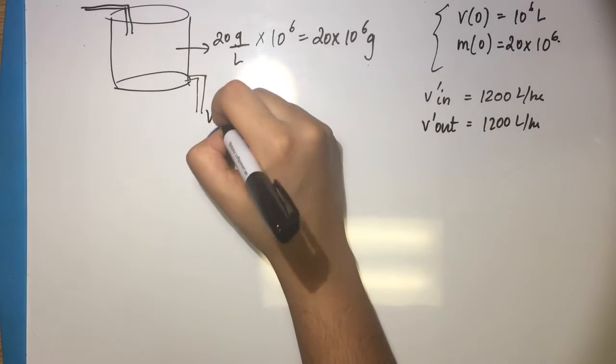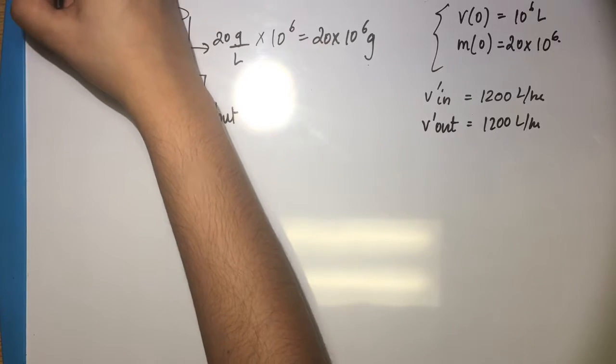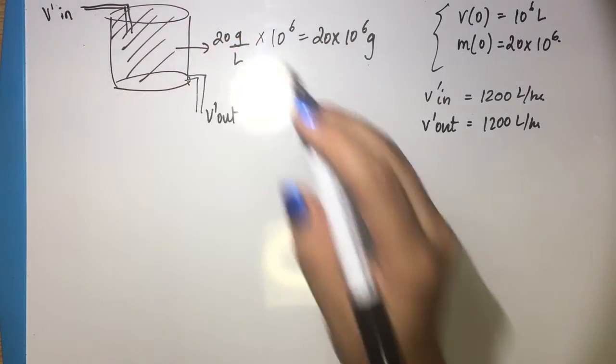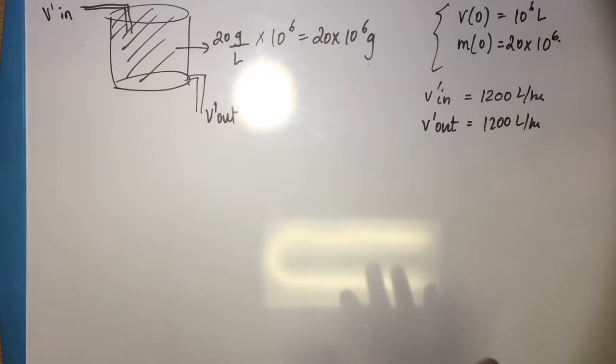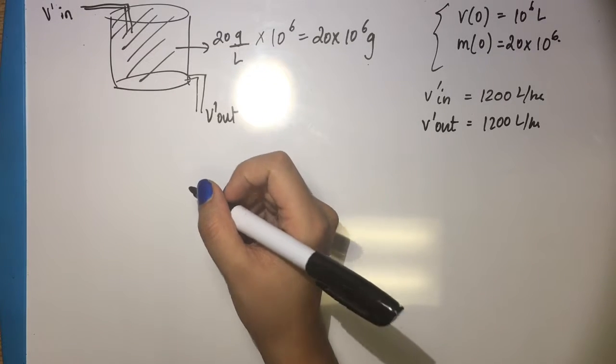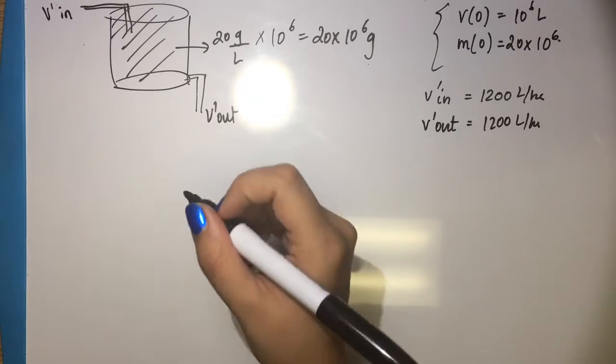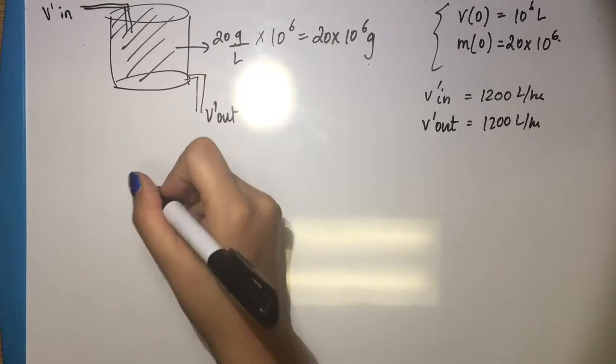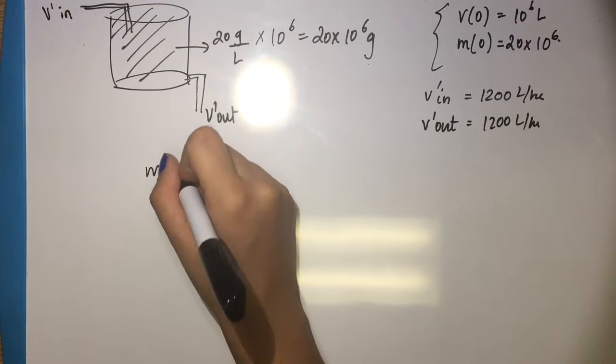So this is the rate at which the water is exiting and the rate at which the water is entering the tank, the pond. Now, in order to get an equation for the way the mass of the pollutants inside the pond is changing, we can use the rates at which the pollutants are entering the tank and leaving the tank in terms of mass. So in order to do that,